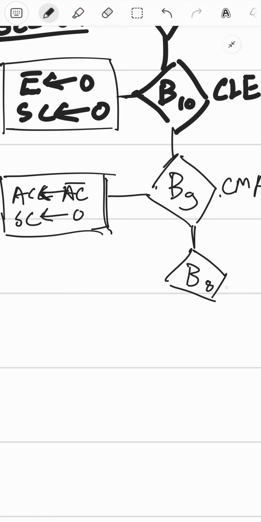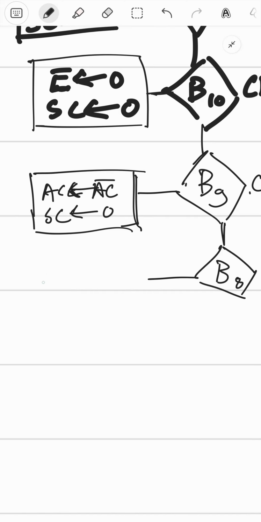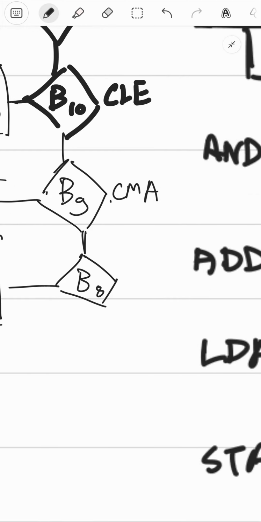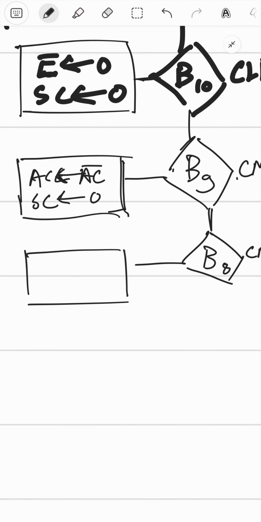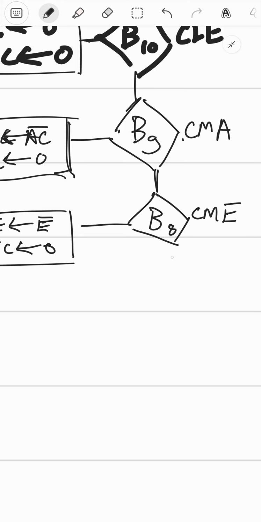B8 is complement E. So all of these RRA operations are done in single clock cycles. Okay, so E becomes the negative of E, and then SC is 0. Then B7,